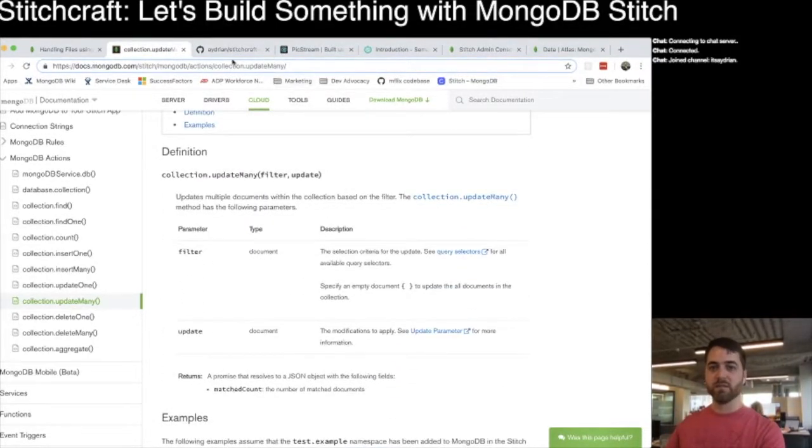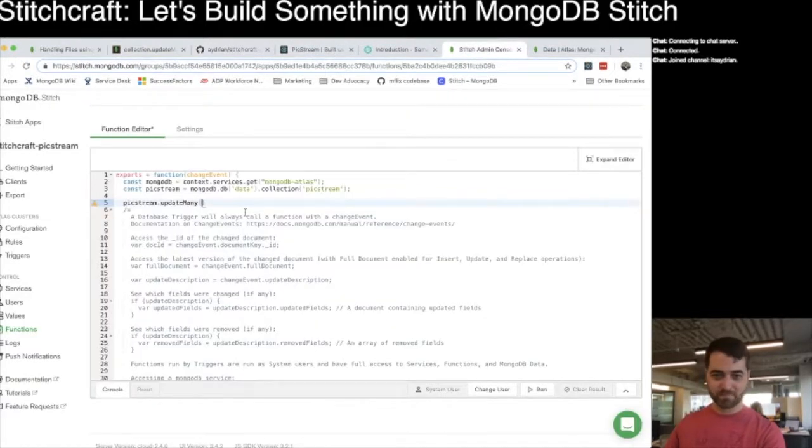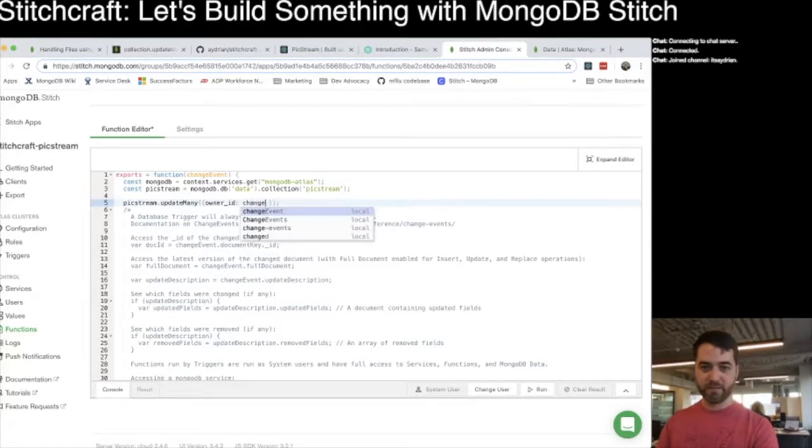And so this is where we're only going to update. I've got to find my thing. We're going to update where the owner ID is, oh my gosh, semicolon's fine, equal to the change event, spell it correctly, dot fullDocument dot user ID,